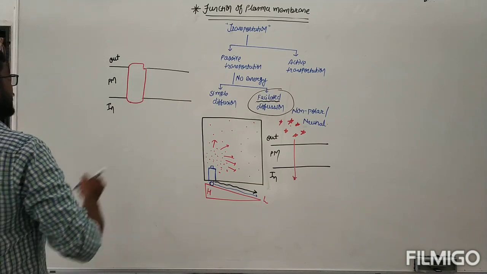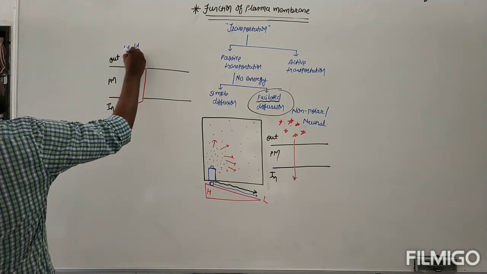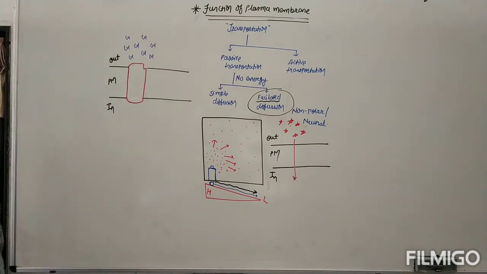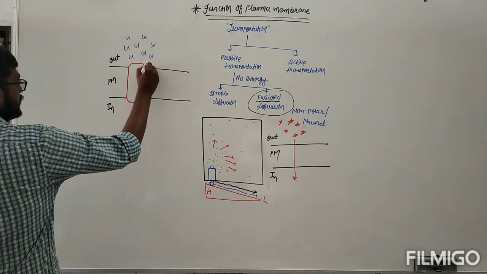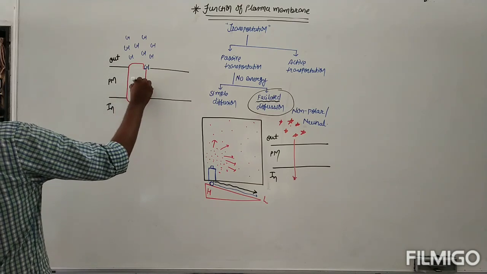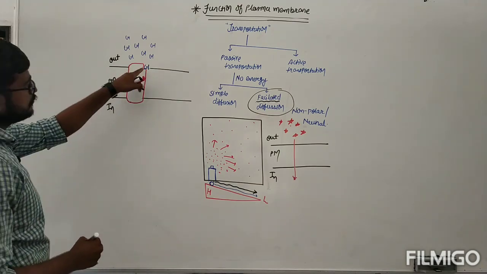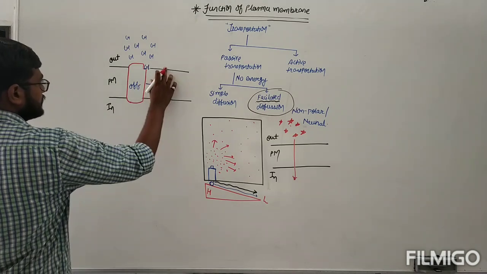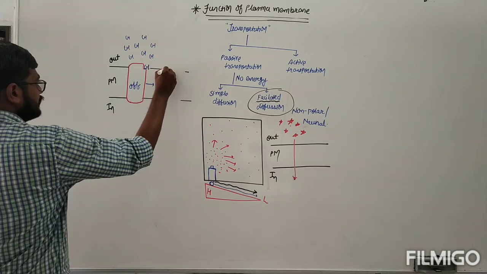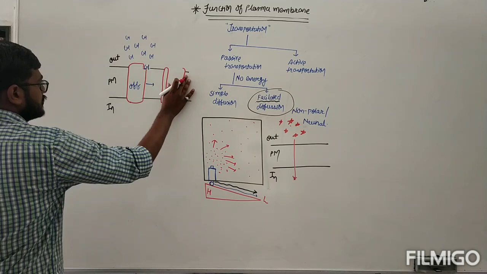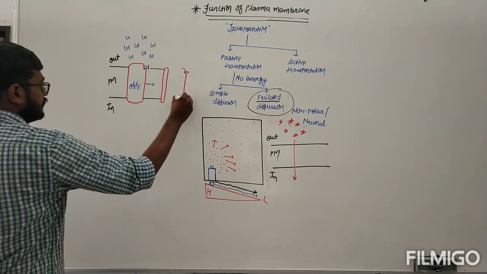Now on the outer side, the glucose molecule is in high concentration. So the glucose molecule on the outer side is higher. So what happened? First of all, the glucose molecule comes and binds over here. This is in an off condition. As soon as the glucose molecule binds over here, this integral protein converts itself into an on condition. It opens the gate. The gate is going to open over here.